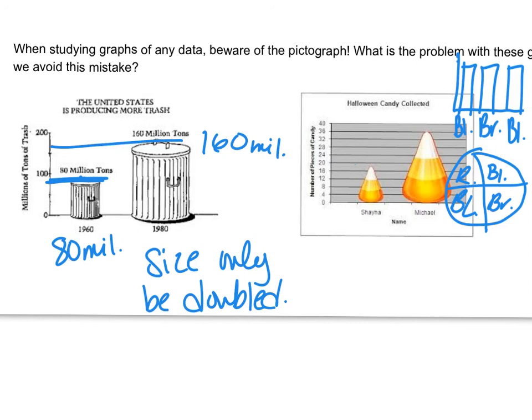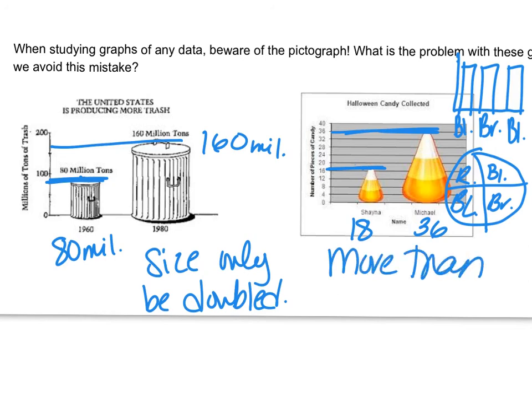The same goes with these candy corns. If you look at the candy corn, this is about 18 for Shayna and about 36 for Michael. And yet the candy corn for Michael looks like it's more than double in its size, which creates the wrong impression. And so it's really important that we try to avoid these pictographs, as they're usually not the best display